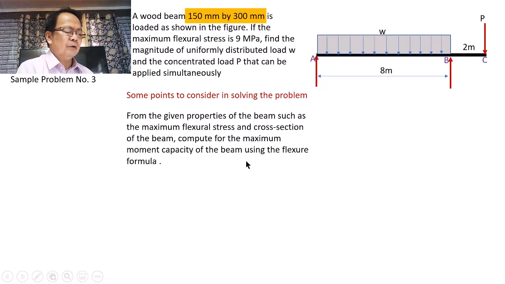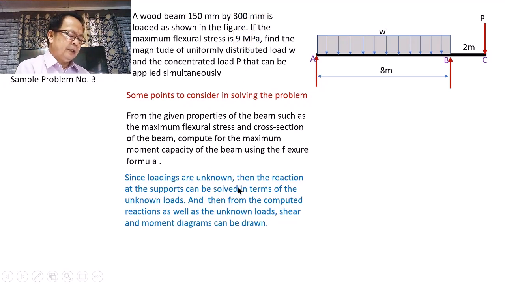At yung B yung width ng ating beam and the depth of the beam given in terms of D. So given kasi ito, pwede natin makompute yung kanyang maximum moment capacity. Then